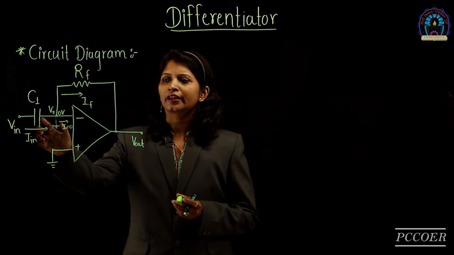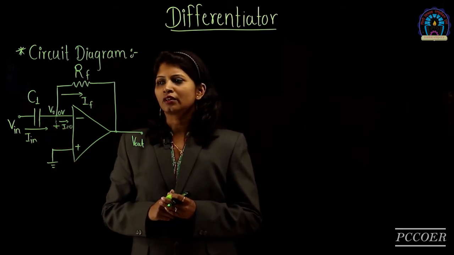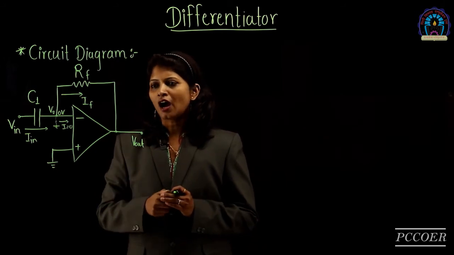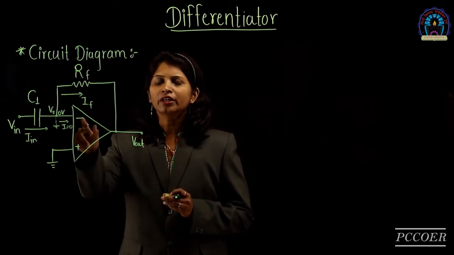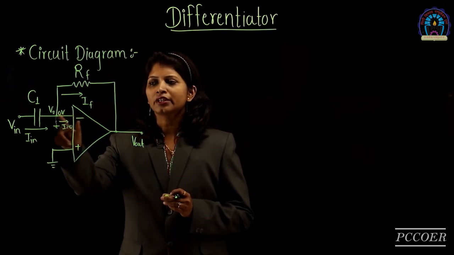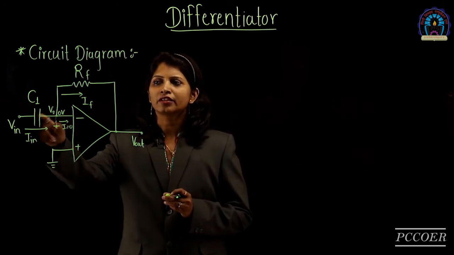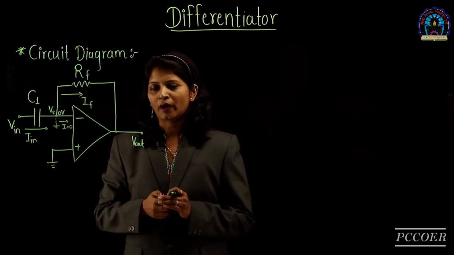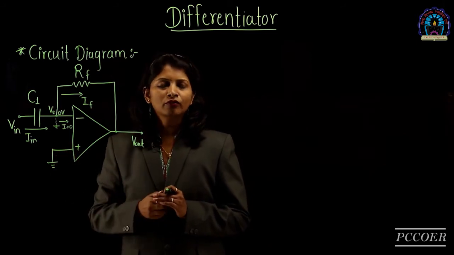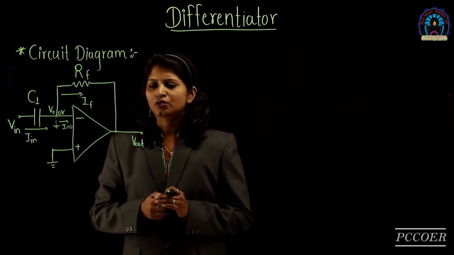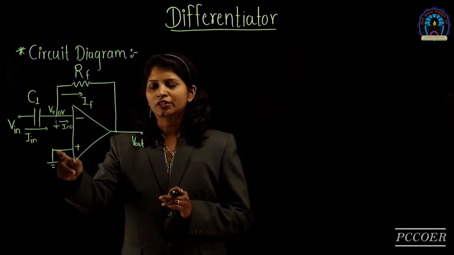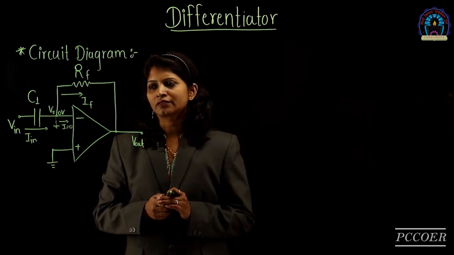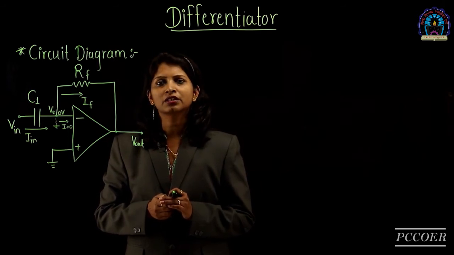Now in the circuit diagram, C1 is the input capacitor, RF is the feedback element, and Vout is the output voltage. To the inverting terminal of the op-amp, we are connecting the C1 as well as the feedback. So this is the negative feedback configuration of the op-amp. The non-inverting terminal of the op-amp is connected to ground. So due to this, with the concept of the virtual ground, the V2 node is also connected to the ground, and that's why the voltage present at that node is 0 volt.